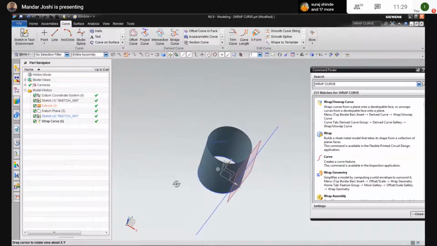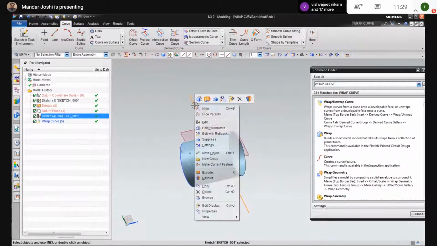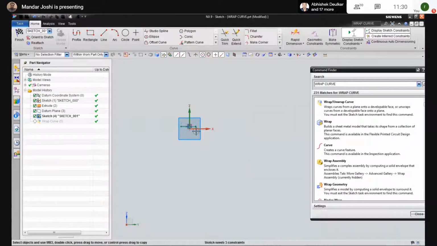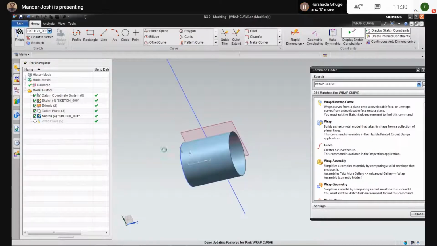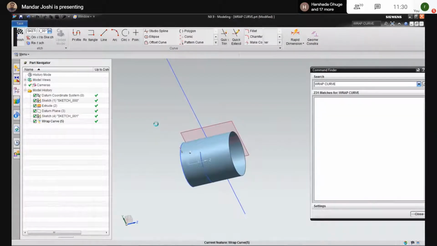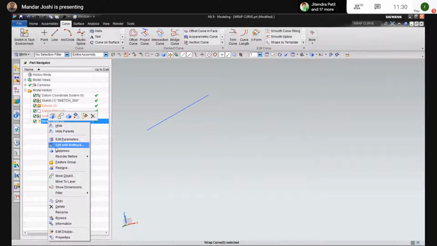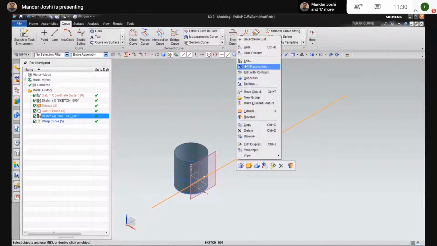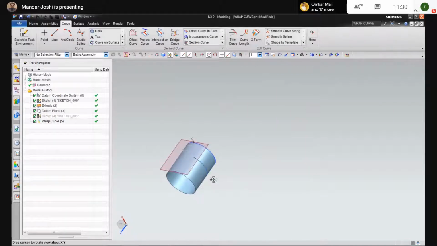Click on OK. You will see this curve gets developed on this surface. You can increase this length, and hide this. This linear length is developed on the cylindrical surface.